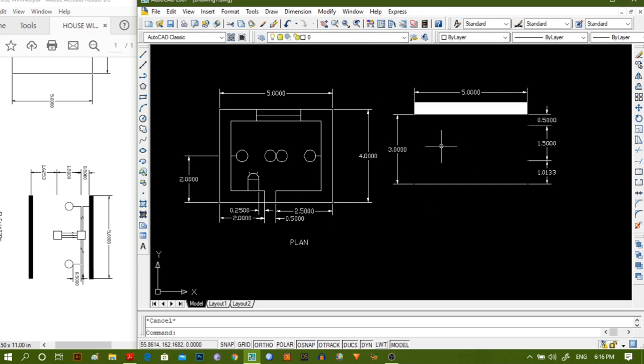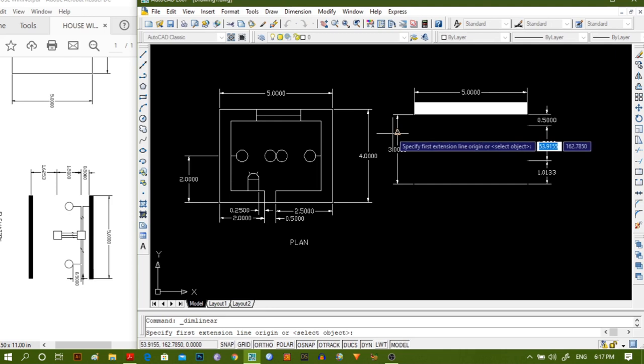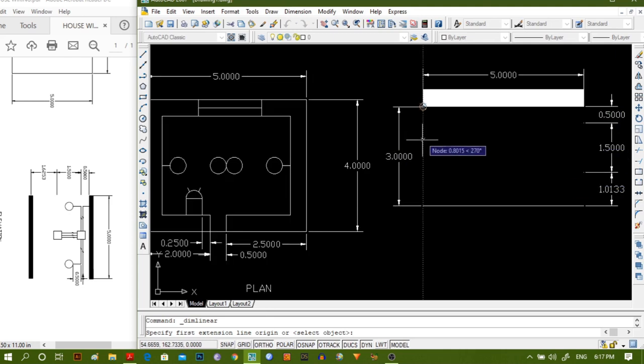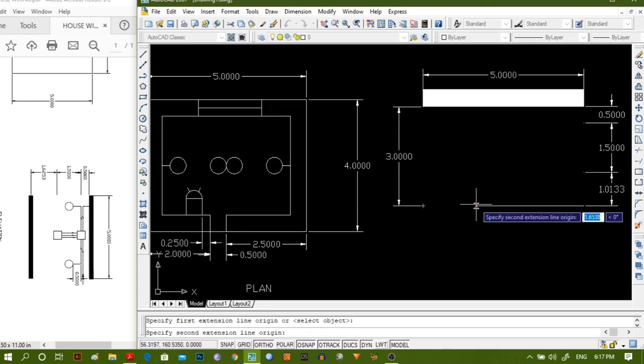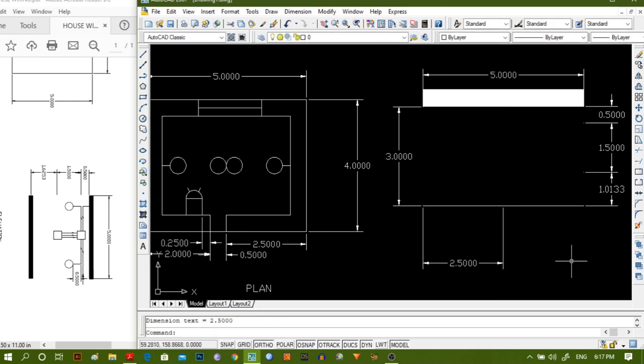So first we have to make the half of this one. So going to dimension, linear dimension, and we will take the midpoint. So this is the half, and then from one side of this, 0.25 meter apart there will be the power socket and joint box.